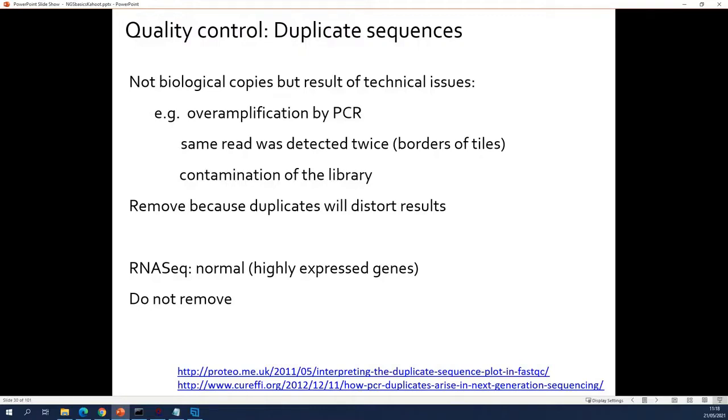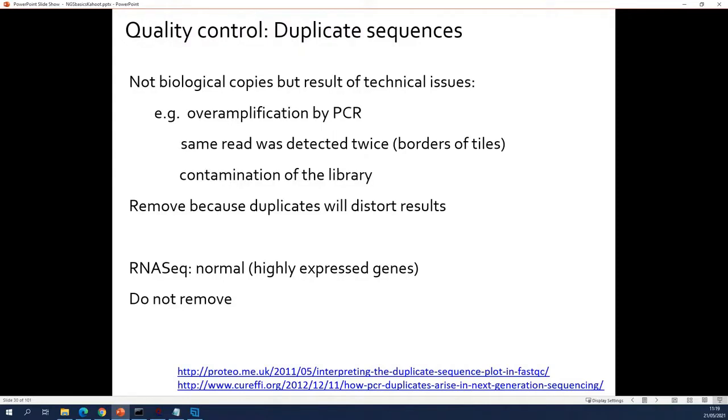What is the philosophy behind it? Well, when you have a DNA-seq library, so genomic DNA, cut into pieces, what you typically do not expect there is that you will generate the same fragment multiple times. Because cutting genomic DNA into pieces is typically a random process. So you don't expect to see exactly the same fragment multiple times in these libraries. So, if you don't have exactly the same fragment multiple times in your library, you will also not have exactly the same reads in your FASTQ file.